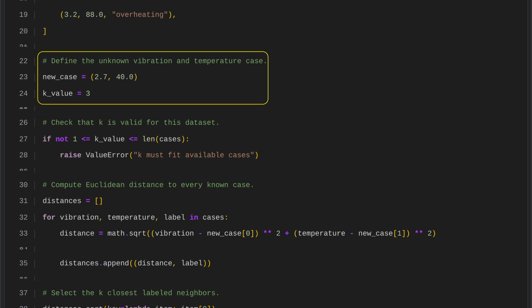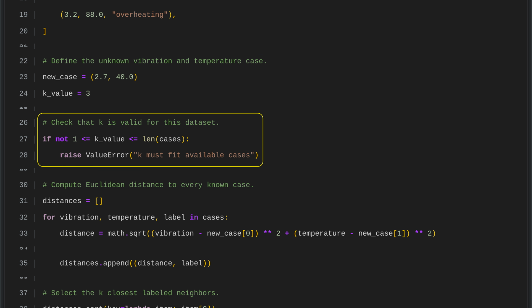We define a new unknown case with vibration at 2.7 and temperature at 40. Using k nearest neighbors with k set to 3, we compare it to the 3 closest known cases to help decide its class. The code first checks that k is a valid choice for the dataset. It must be at least 1 and no larger than the number of available cases, since it represents how many nearest neighbors will be used. If k falls outside this range, the code raises an error, so the value can be corrected before running the